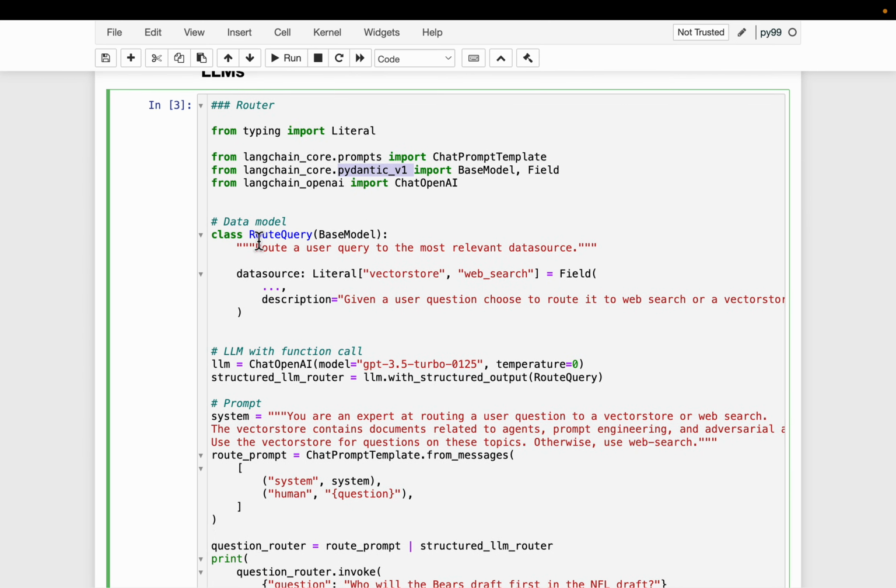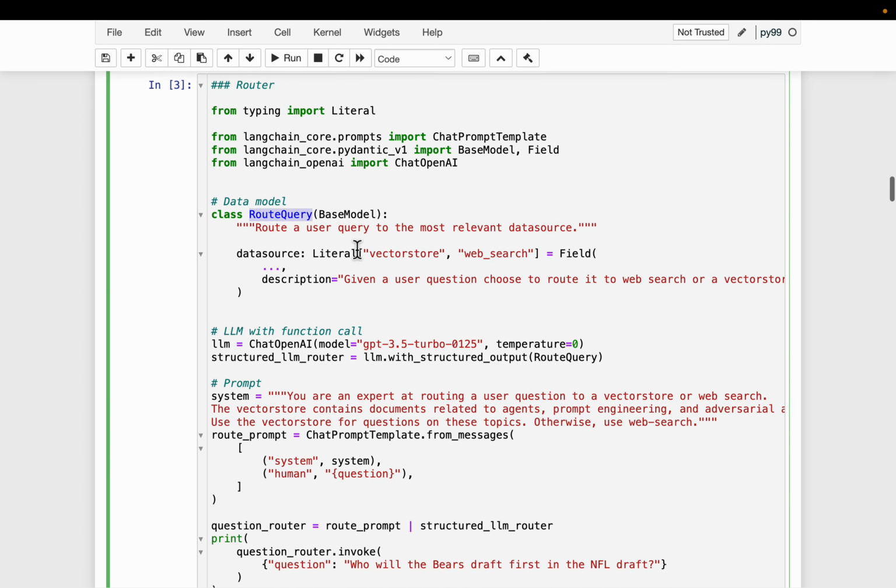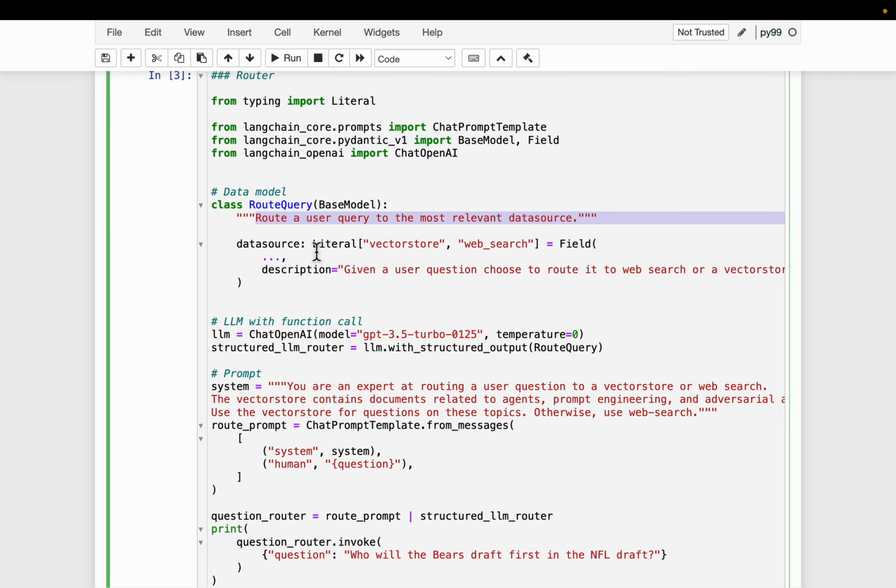Here we define a class, RouteQuery. It routes to the most relevant data source. As we discussed, these data sources can be the vector store, the web search, maybe a different vector store, or it could be sending straight to an LLM. In this case, we are going to have only two: a vector store and web search.